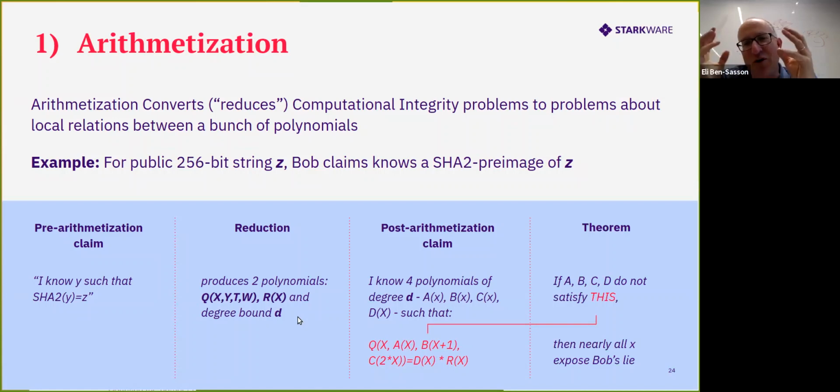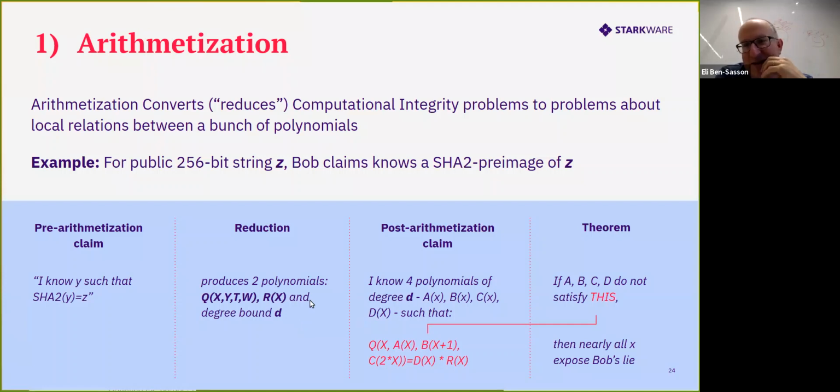And all of these arithmetization reductions have the same form. They basically prove an if and only if direction. They say that you know a preimage of Z if and only if you know how to solve this problem of finding these 4 polynomials. So that's what an